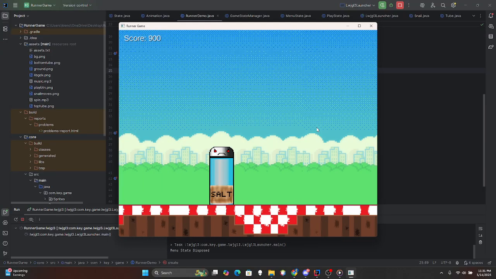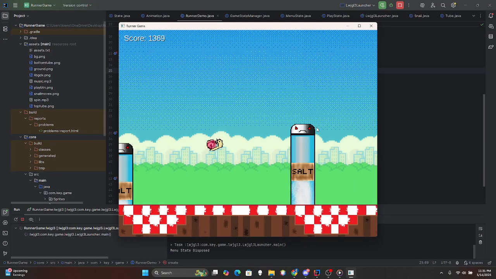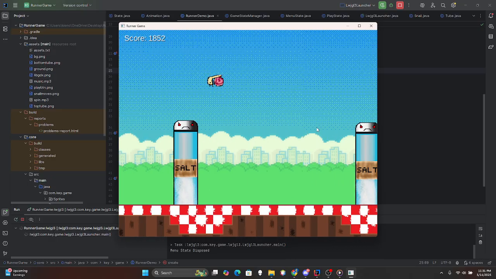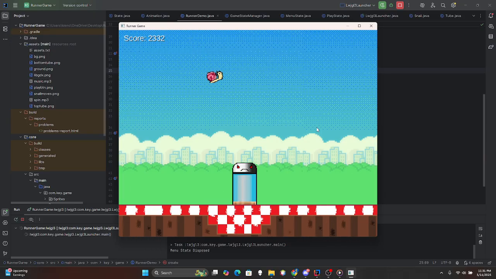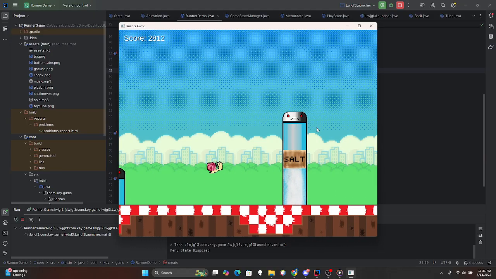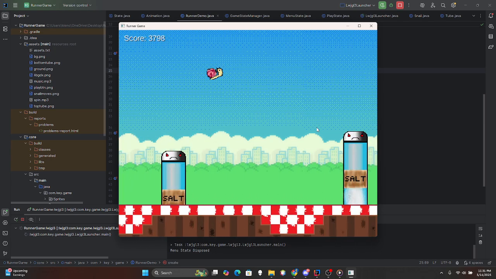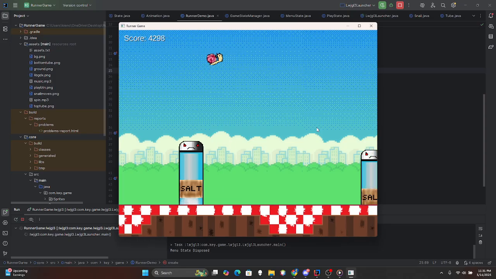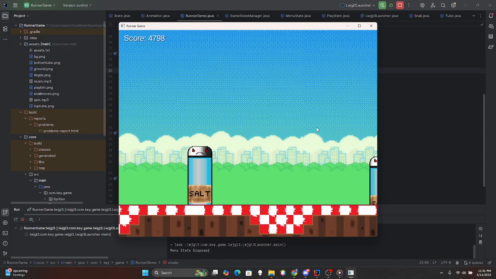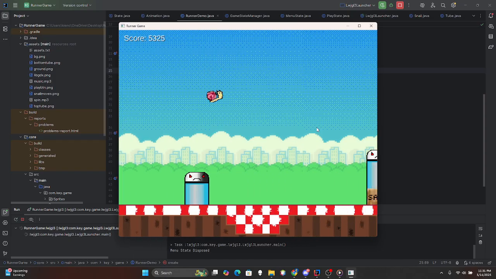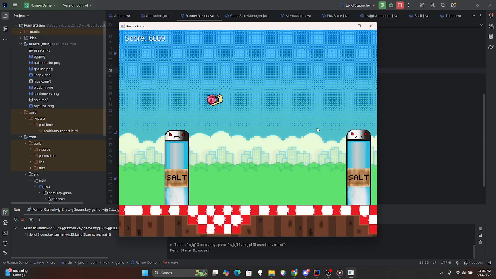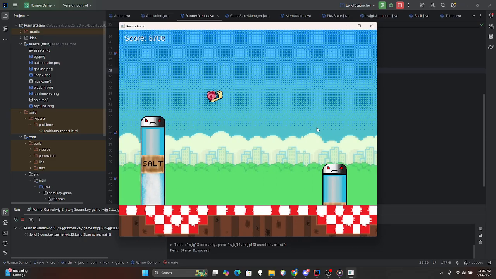So the jump force is a bit extreme, but that's changeable in the code. And then right here, you can change how fast you fall. I didn't have it check for if you're still in the air, so you can kind of do stuff like that, which is kind of ridiculous. But yeah, overall, the game is,